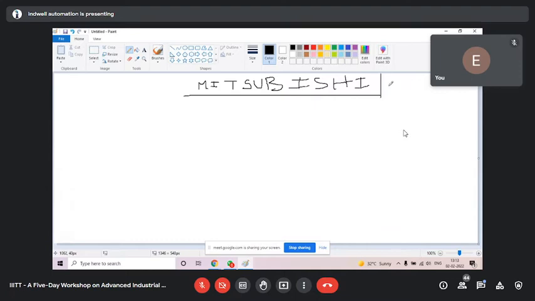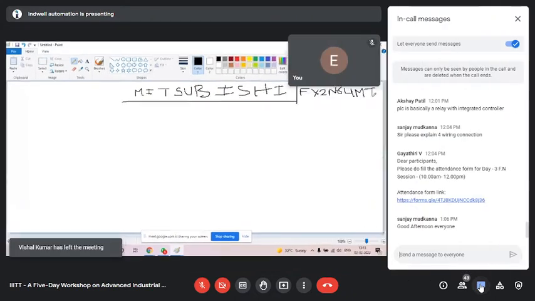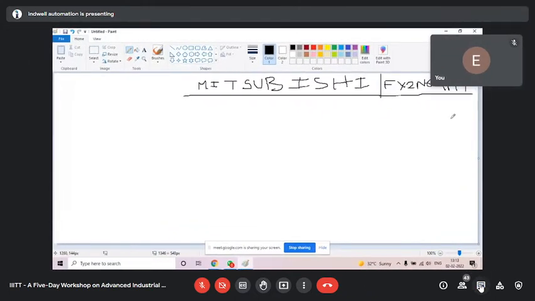The hardware we are going to use is FX2N-64MT. This is the PLC hardware model name, because we have different models and different hardware. So this is the FX2N-64MT PLC we shall use in our project. Inputs and outputs, I shall tell you further.